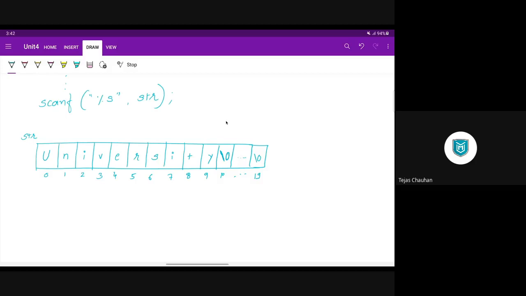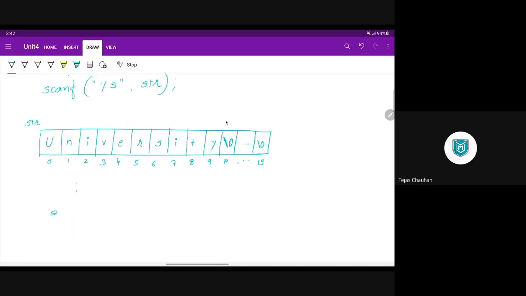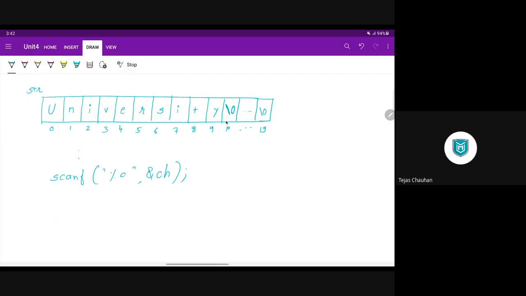Now what we need to do is ask our user to enter a character that they want to delete. So you'll have one more character in the declaration, let's say ch, and somewhere inside your program you are going to ask the user to enter that character. Scanf %c ampersand ch. You take that character from the user. Now let us assume that the user has given v to be deleted.